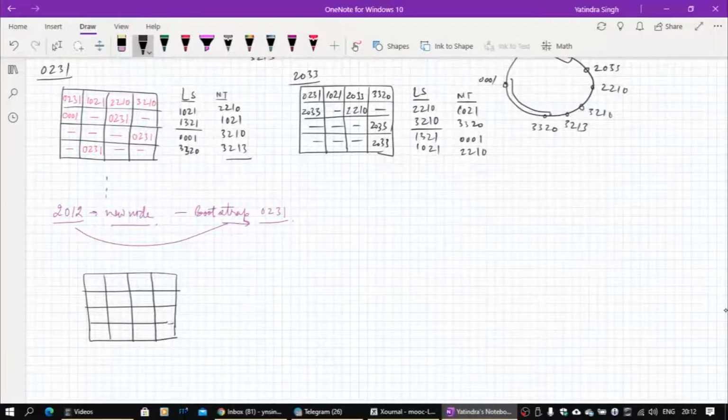So 2012 will use this routing table as it is, except wherever this entry is there, it will put itself, because this has to be closest to itself using the proximity metric. So you will end up getting a 0231 here.